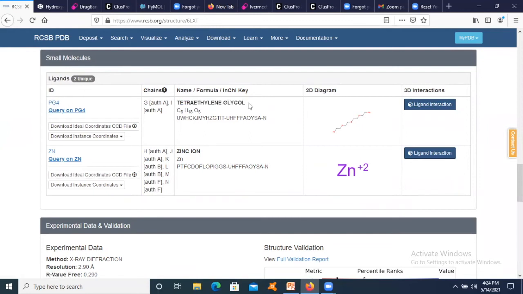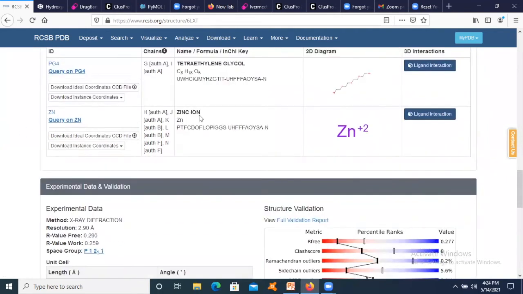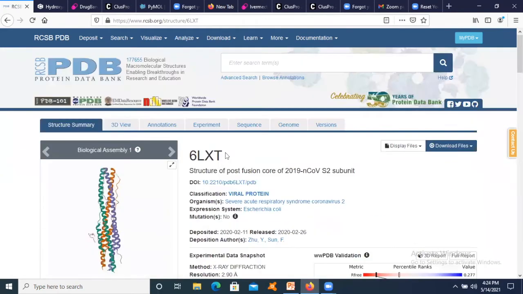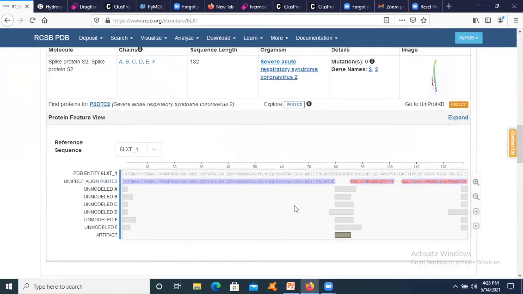Whenever you are doing docking, you need to delete this compound because it is in no way related to the activity of the protein. Rather, it was used for the crystallization of the protein. Then we have a zinc ion also, that can be kept when you are doing docking, because that is a necessary ion for the protein to function. So you can get all this information from PDB.